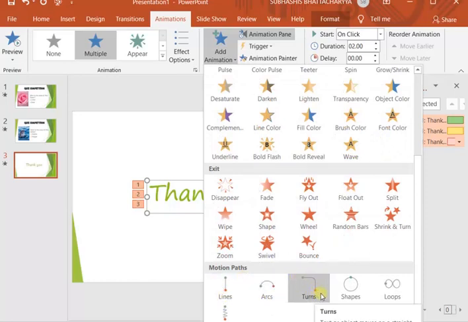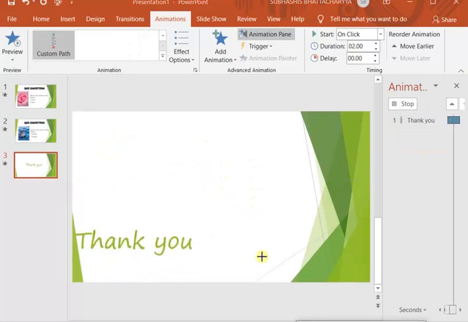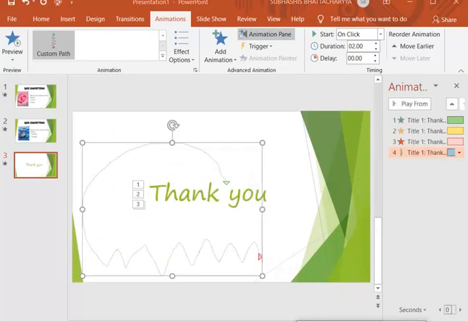It will take the motion of the text. But I want a custom path. Custom path lets you make a path of your own. Suppose I want to start from here and I want to move the thank you like this and end it here. When it comes to the end, you can press the escape button of your keyboard. You can preview it. Like this, it will come like that.